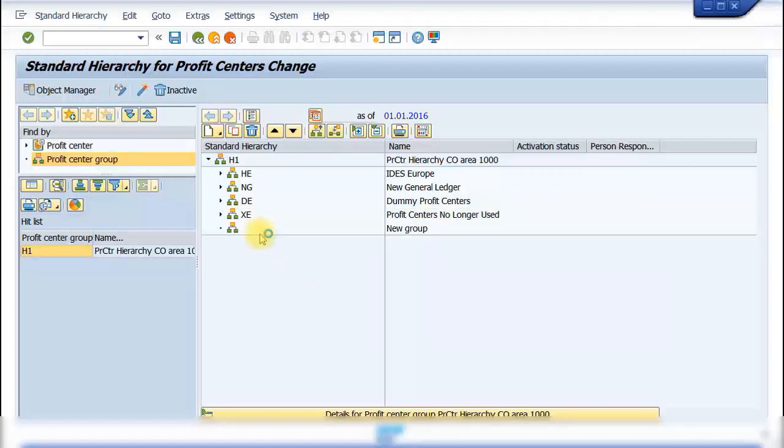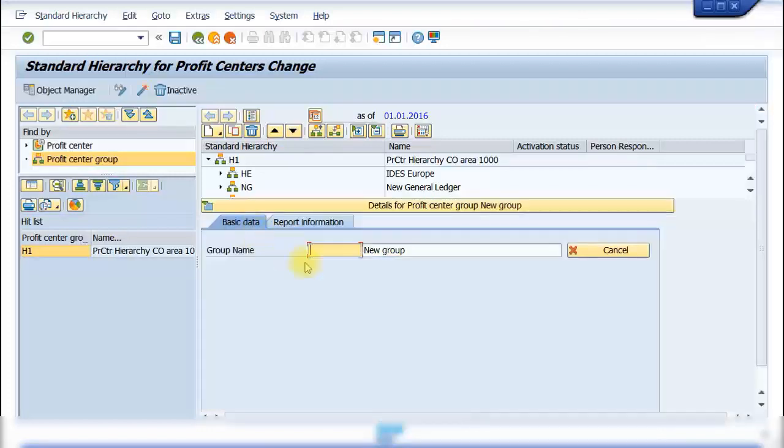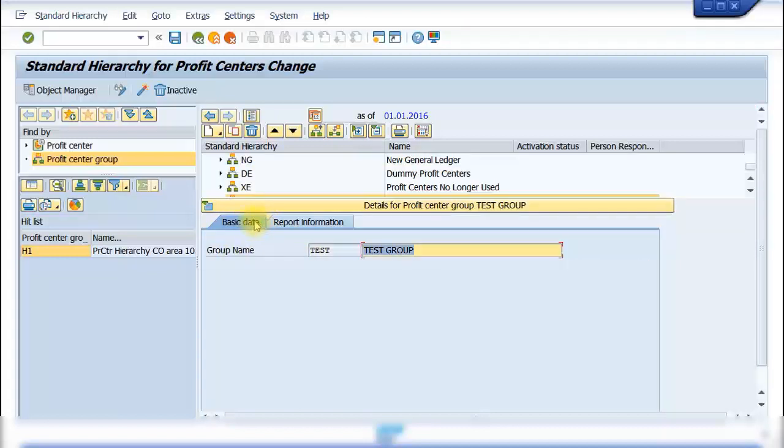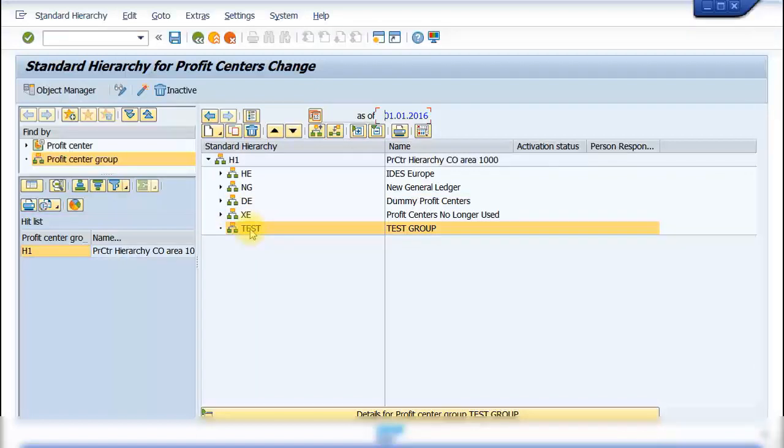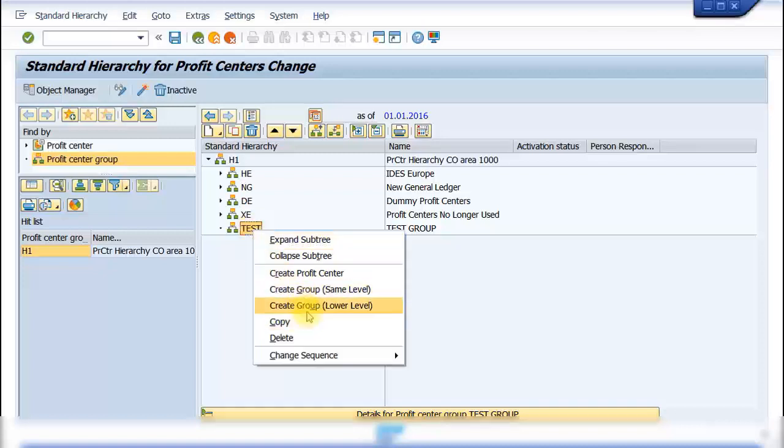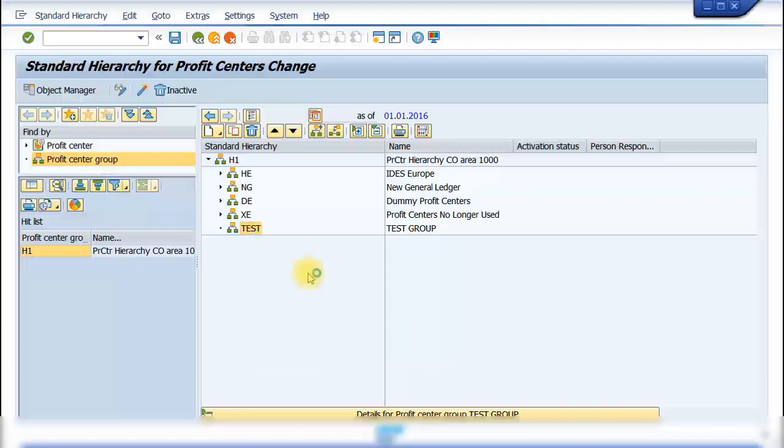and you can give it a group name here. I'll call it test group for now, and press enter. This is just a grouping of the profit centers, and you can specify which profit center you want to create underneath these nodes. Then just close this, and you can start creating the profit center underneath this node. Now right click on this node, and this time I'm not going to create any groups. I'm going to create a profit center, so I'll select the create profit center option,